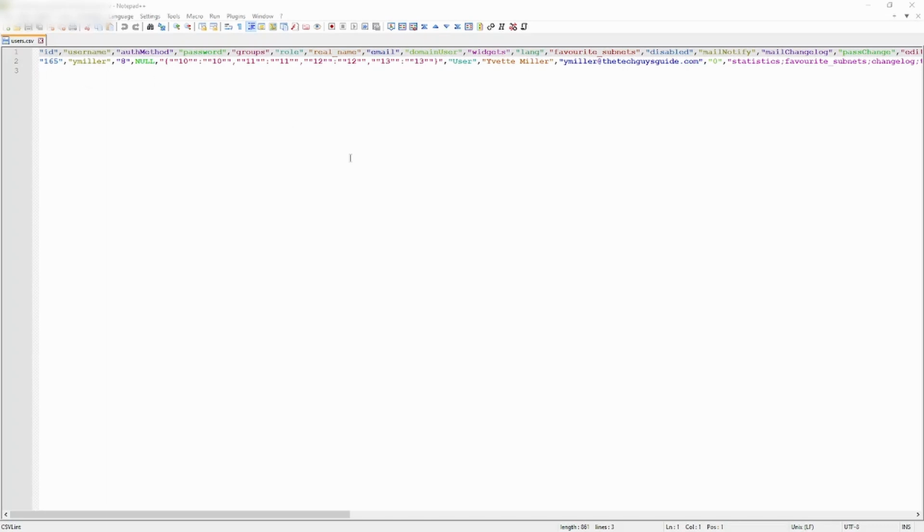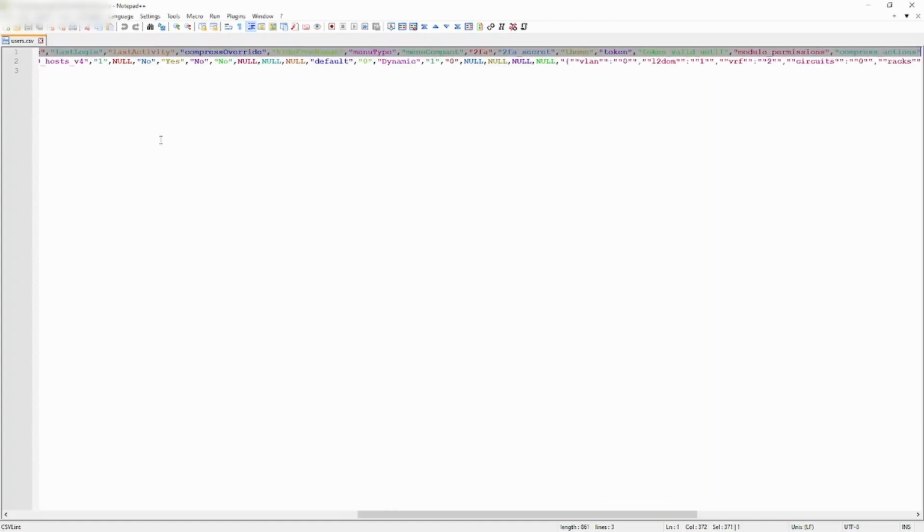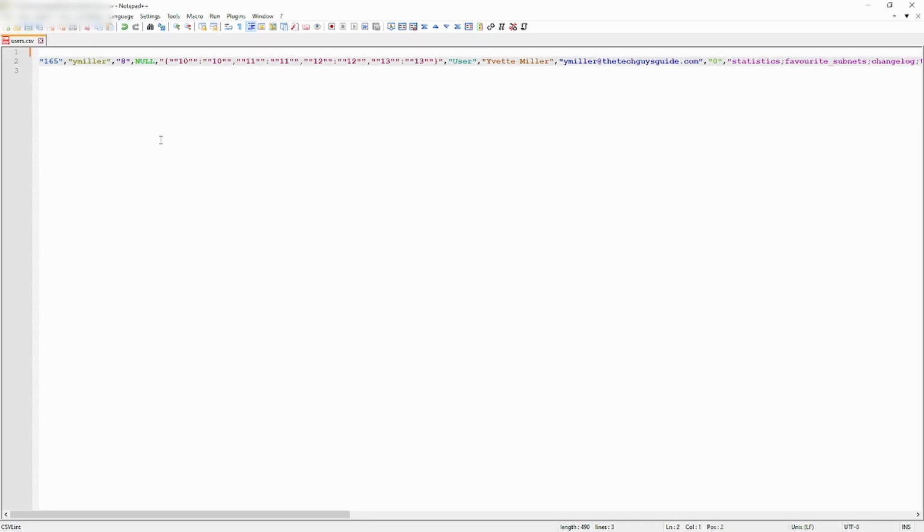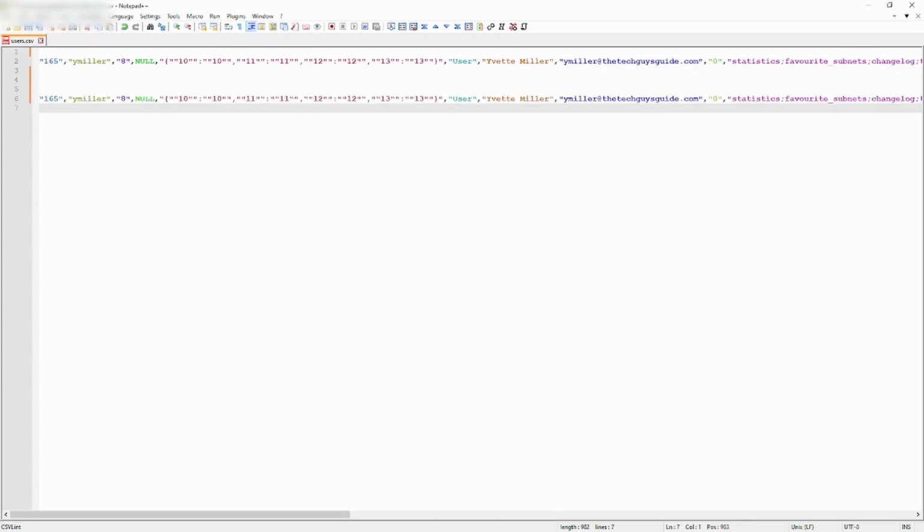very easily in here. So the first thing, I don't really need the top line here, which is the header row, right? All I need is the user row. So what I'm going to do is copy this, and there's just a few fields that we need to modify. The first one, so this is our source. The first thing I need to do is, let's copy this a few times,